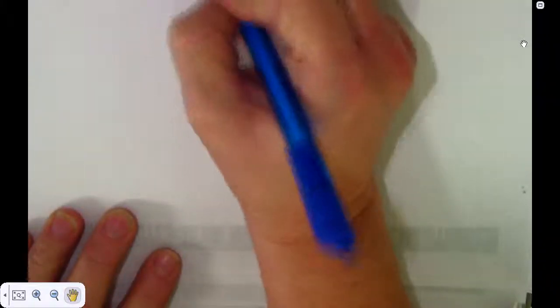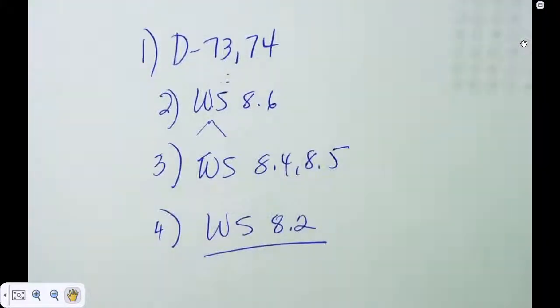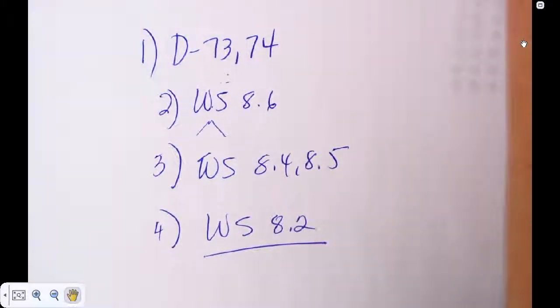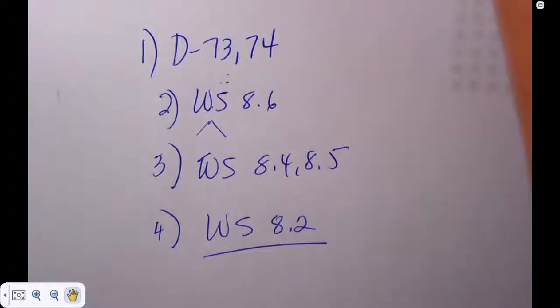Worksheet 8.6, worksheet 8.4, 8.5, and worksheet 8.2 some people haven't turned in yet. Those 4 things in that order. Okay, are we good? We know what we're going to work on? Okay, spread out or get a binder. And you can listen to music and